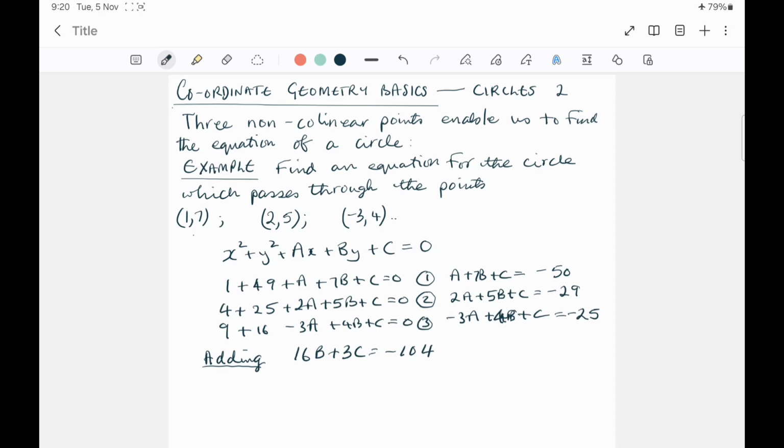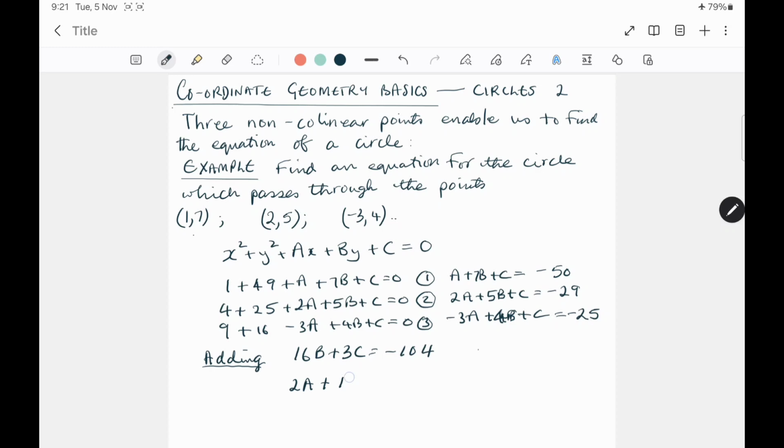We now want to eliminate the a from two of them, so that we just get another equation with b's and c's in it. So if we take the first two equations and double the first one,